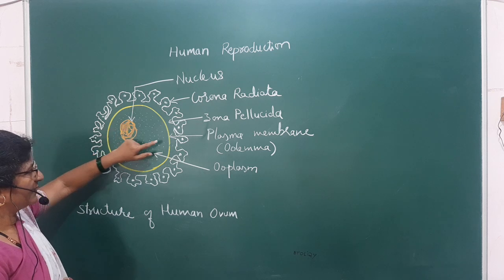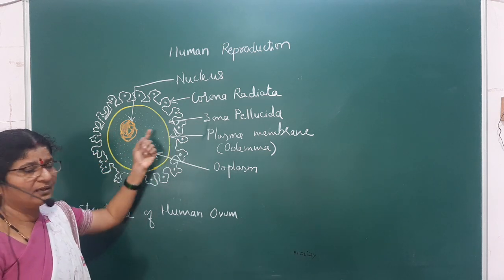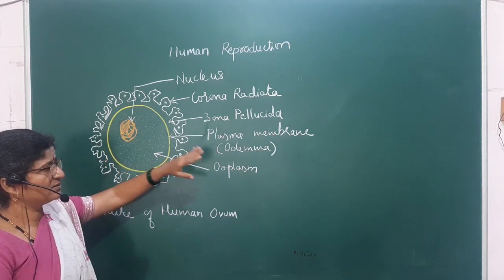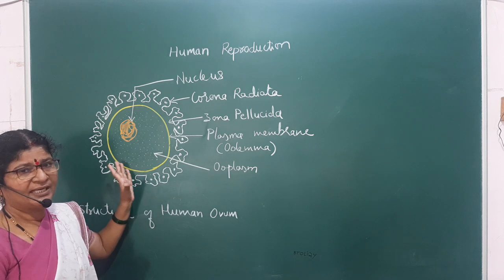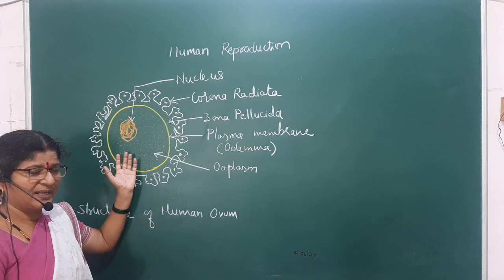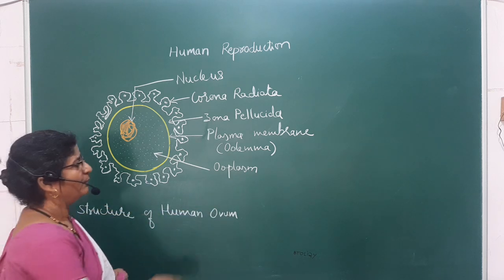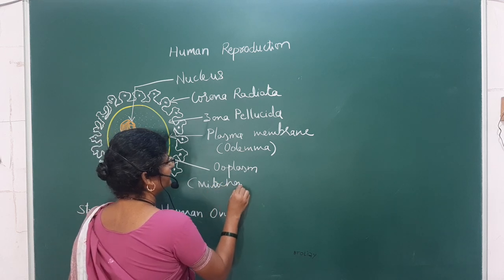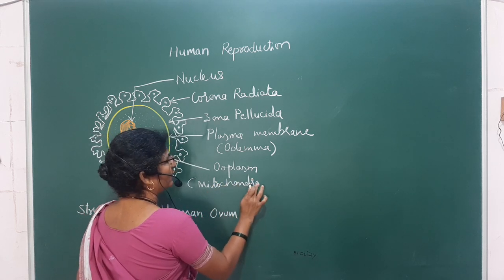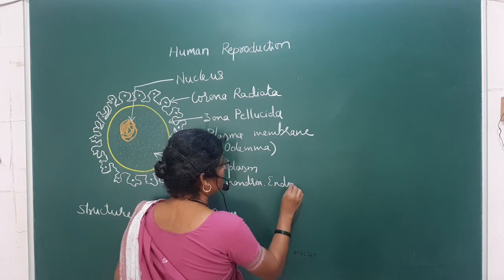The ovum is surrounded by the plasma membrane. The plasma membrane of the ovum is also called the oolemma. It encloses the cytoplasm, and the cytoplasm is also called the ooplasm. And in this ooplasm, mainly you will see organelles like mitochondria, endoplasmic reticulum,